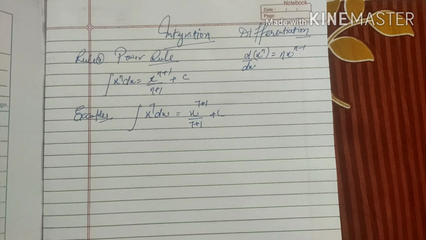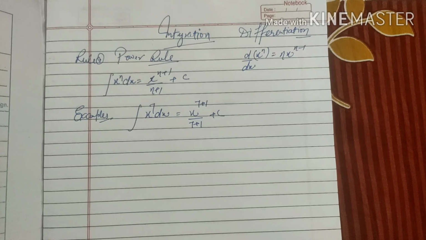Example we are going to take on it: integration of (2 plus 3x) raised to power 4. First of all we have to apply the power rule. So the power becomes 1 more, divided by the new power. Then the derivative of the base: the derivative of 2 becomes 0 and the derivative of 3x becomes 3. So overall the answer becomes (2 plus 3x) raised to power 5 divided by 15 plus c.